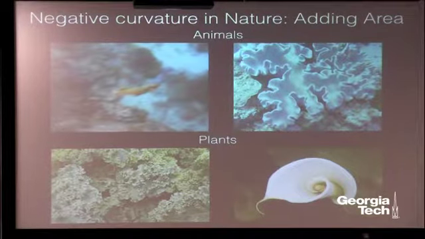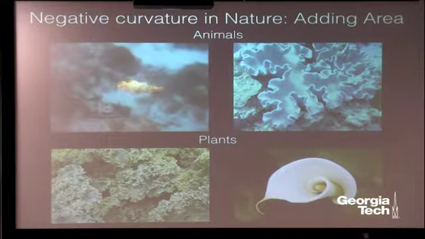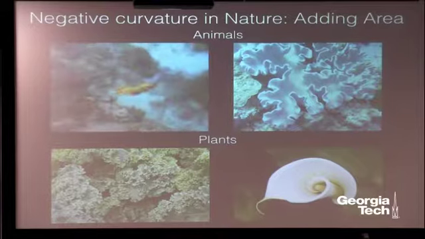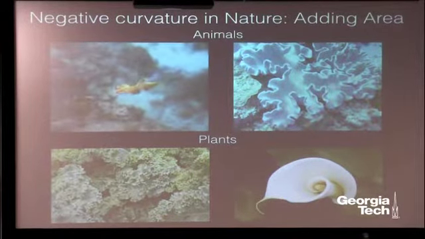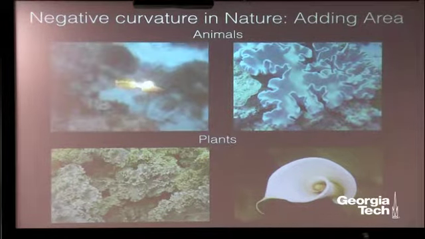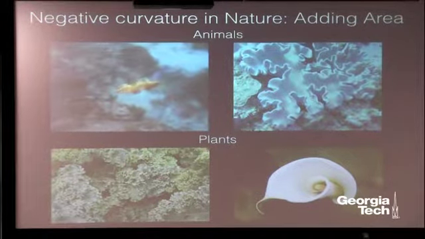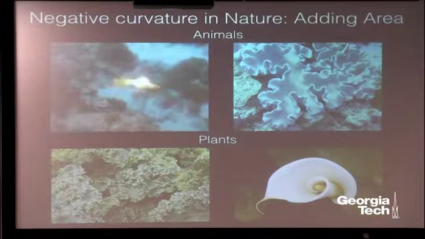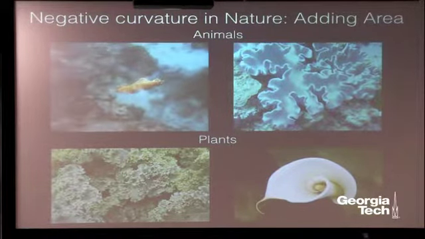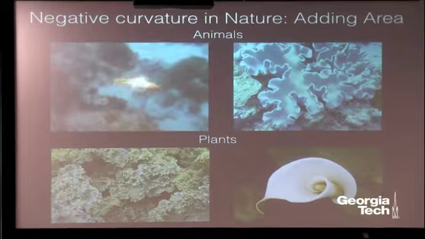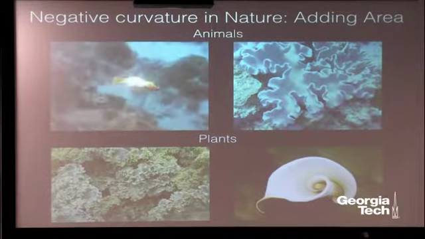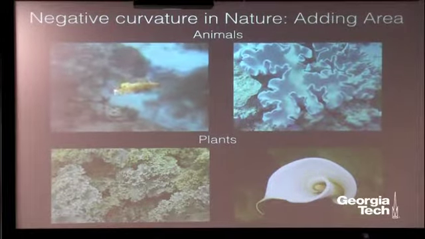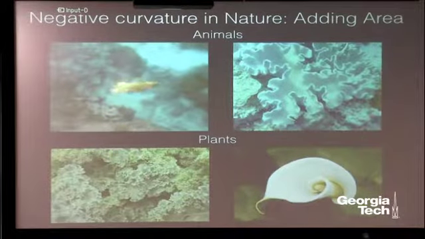You see it in things like coral and kale. What's going on here is that the plant wants to maximize, or I guess coral's an animal, but it wants to maximize the surface area that is accessible to resources. So it's going to do this by ruffling and bending, and this is going to give you, again, negative curvature. And the calla lily, that's my favorite flower, so I figured I'd throw it in for kicks. Okay.